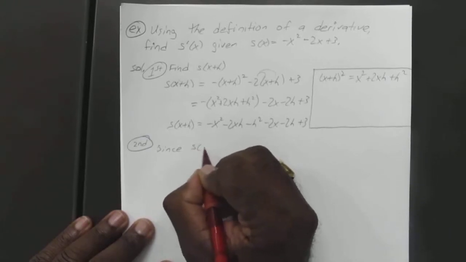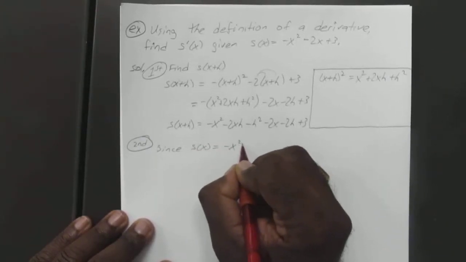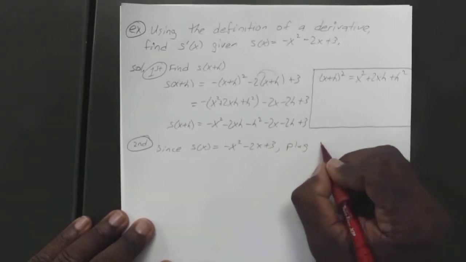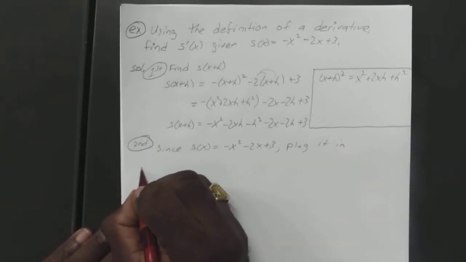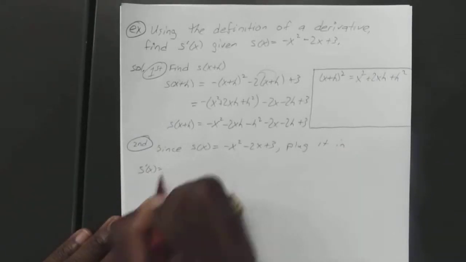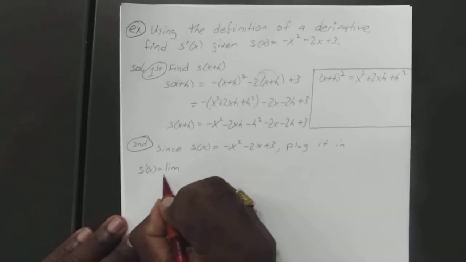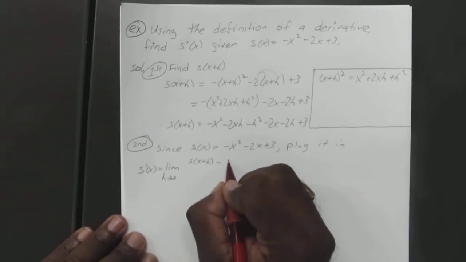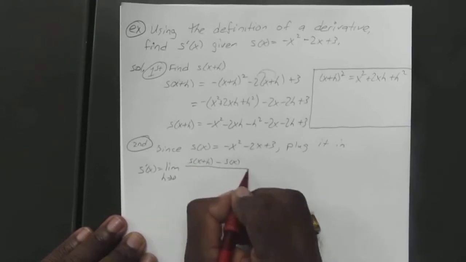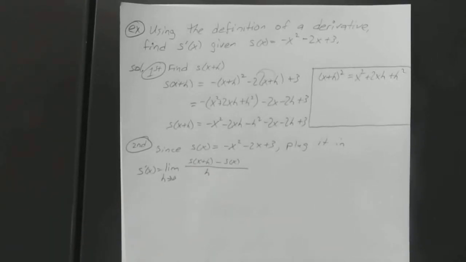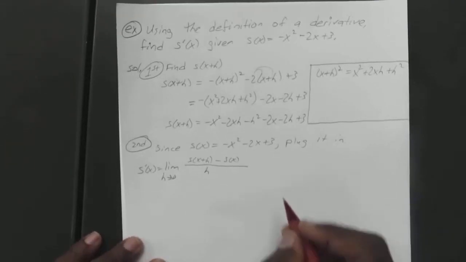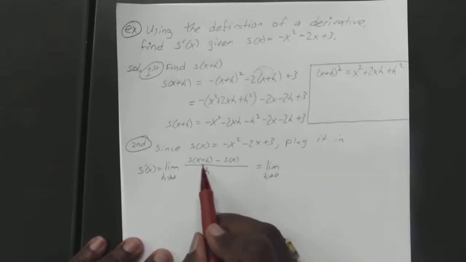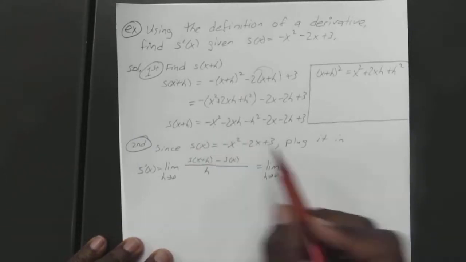So since our s of x is equal to negative x squared minus 2x plus 3, we just plug it in. So s prime of x is going to equal the limit as h approaches 0 of s of x plus h minus s of x all over h. Okay. So if we plug that in, it's going to equal the limit as h approaches 0 of s of x plus h, which is negative x squared minus 2xh